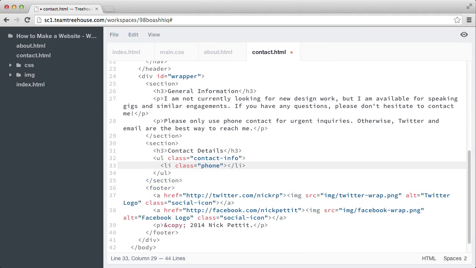We'll need these classes later on when we're adding icons next to them in our CSS. Next, I'm going to create a link with a fake phone number that's just for the purposes of this example. But if you feel comfortable doing so, you can add your own phone number here. So I'm going to say href. We'll fill in the href in just a moment. Inside of the link, I'm going to say